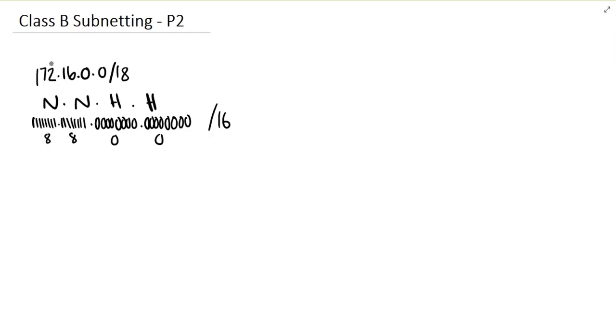But for our case, we have 18. That means we already have 8 there, 8 there. We need to borrow 2 slots from here, and the writing will be 1, 2, 3, 4, 5, 6, 7, 8, 1, 2, 3, 4, 5, 6, 7, 8. And then instead of 8 ones, we have 1, 1, and then the rest will be zeros. This one didn't change, it will be the same. That means you have 8 here, 2, and then 0. That's giving you